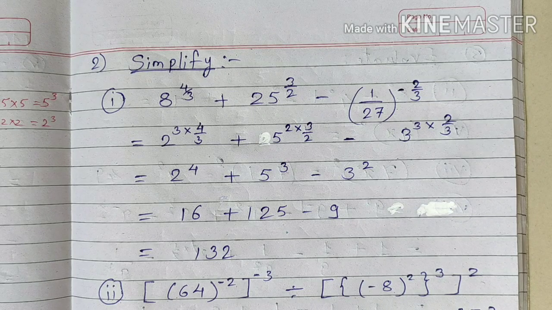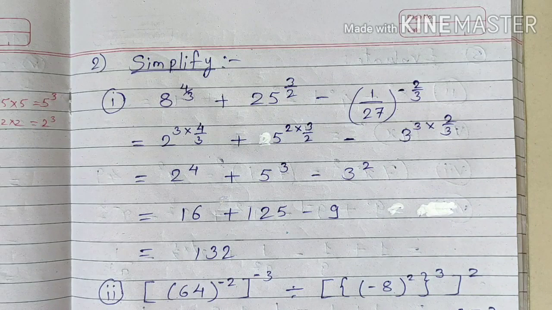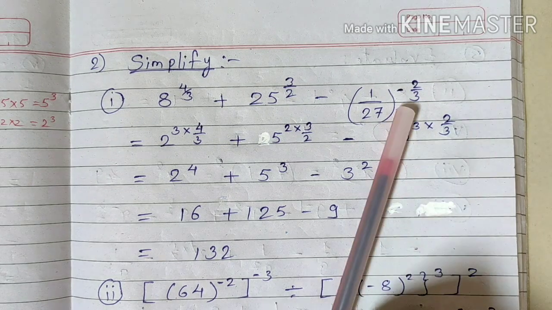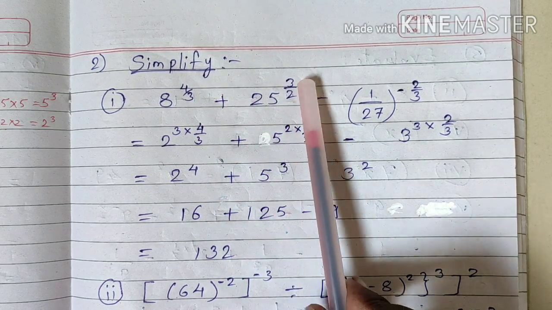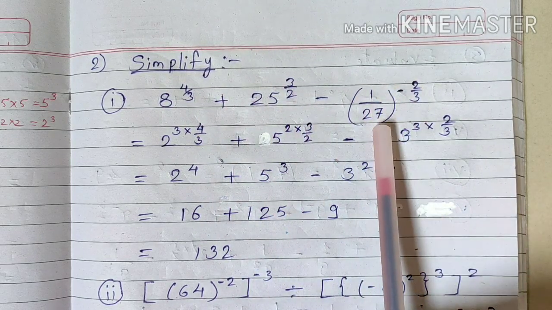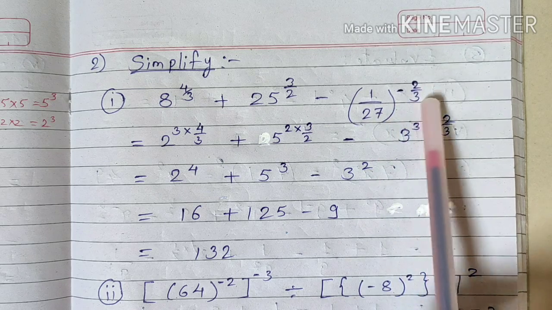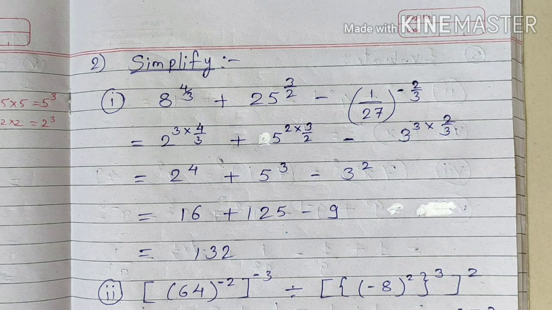Okay. Then the next question, number 2, is simplification. First one is 8 raised to 4 by 3 plus 25 raised to 3 by 2 minus 1 upon 27 raised to minus 2 by 3. Right? Now see,